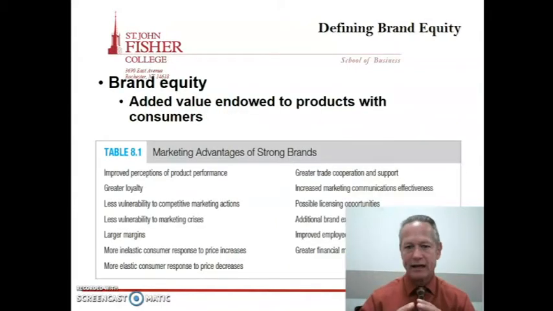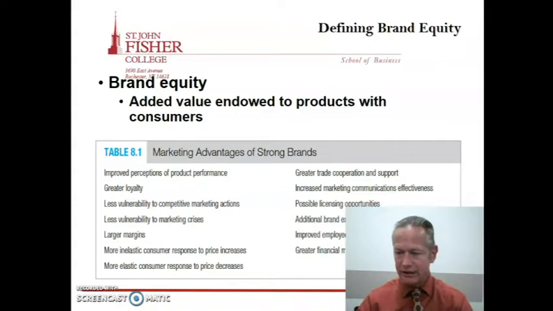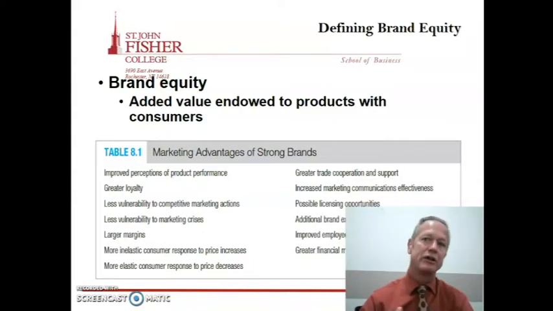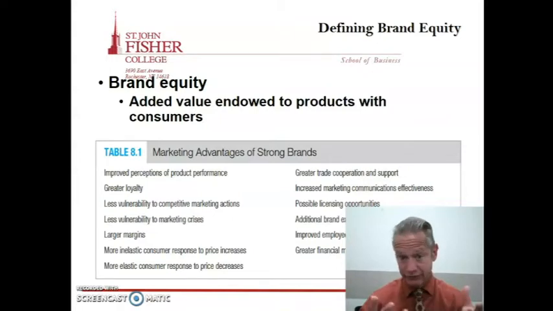So brand equity then is how much a brand is worth. And so it's the value that consumers place on a different brand. Now, that is really kind of out there, because brand equity is a moving target and nobody knows exactly how much a brand is worth. For instance, the number one brand in the world is Apple. It's worth hundreds of billions of dollars, and you can look it up on the internet. And I know that in promotions class, those of you who've taken my promotion class, we've done that. But really, it's an estimation of how much that brand is worth.